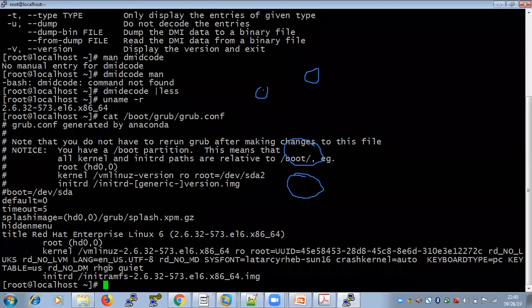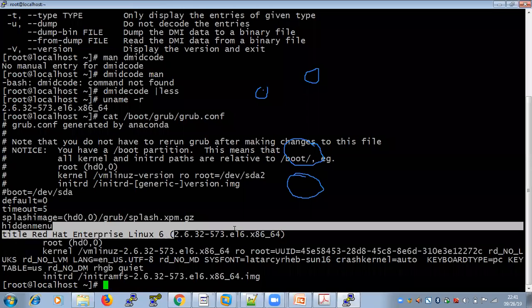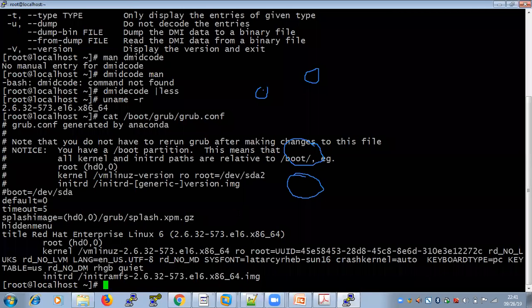If this is going to corrupt, how are you going to recover your operating system? This is also one interview question. Once you know your kernel version, then you can upgrade it to the latest version, right? Pankaj, Ankur, you guys are getting my point. If your kernel version is 2.6.32-573.el6 and I want to upgrade it to the latest version, that is 2.6.32-573.el7, how am I going to upgrade? So you should be aware first of what is